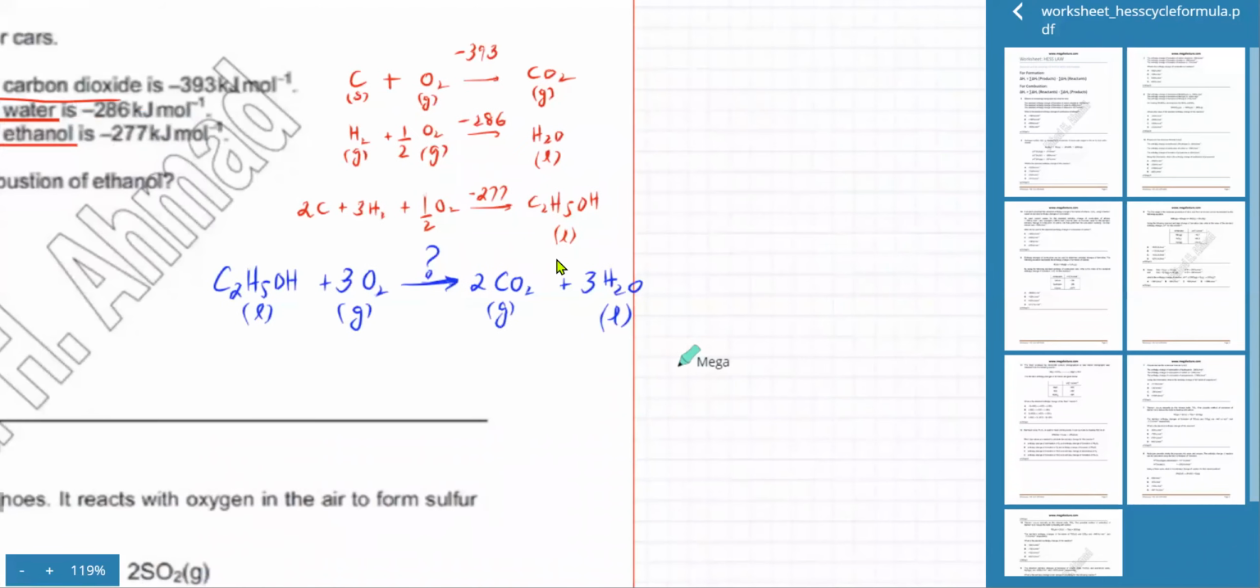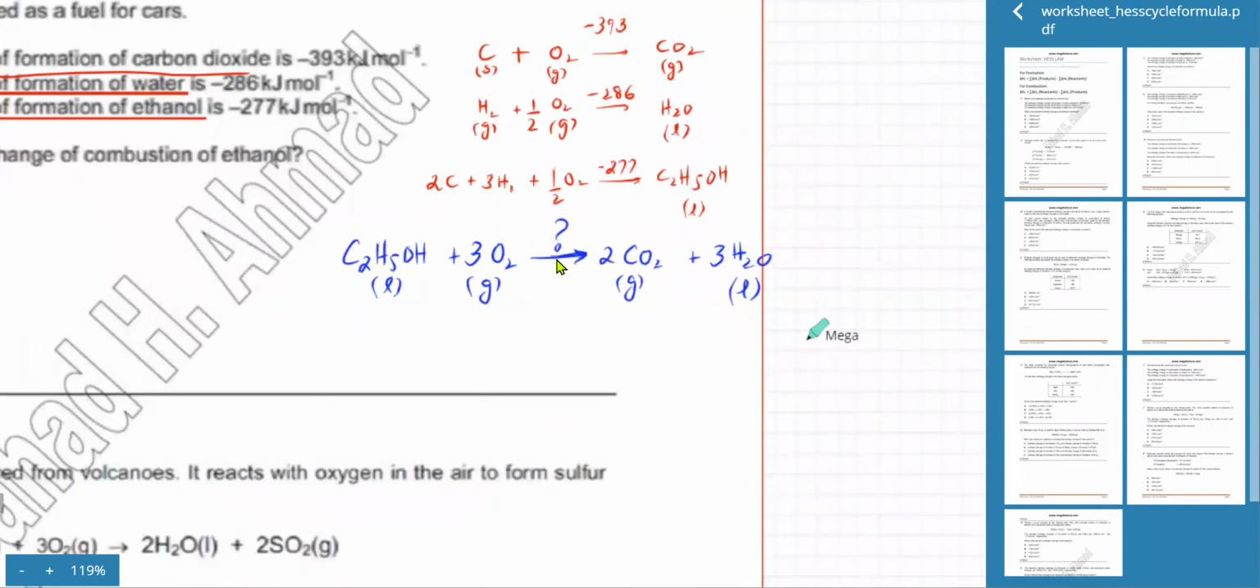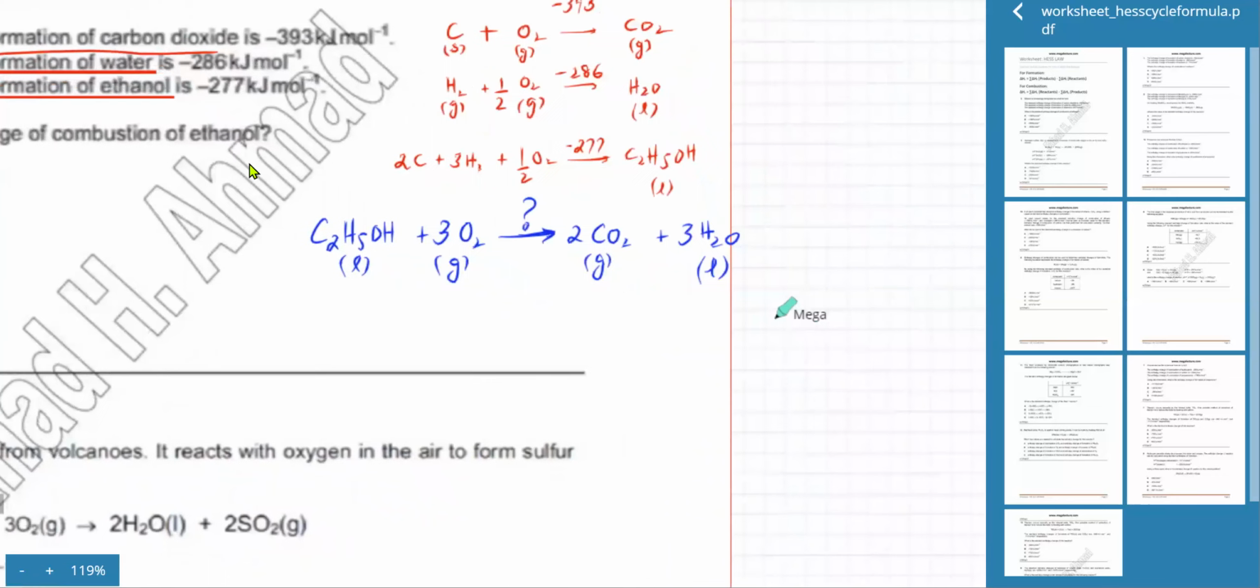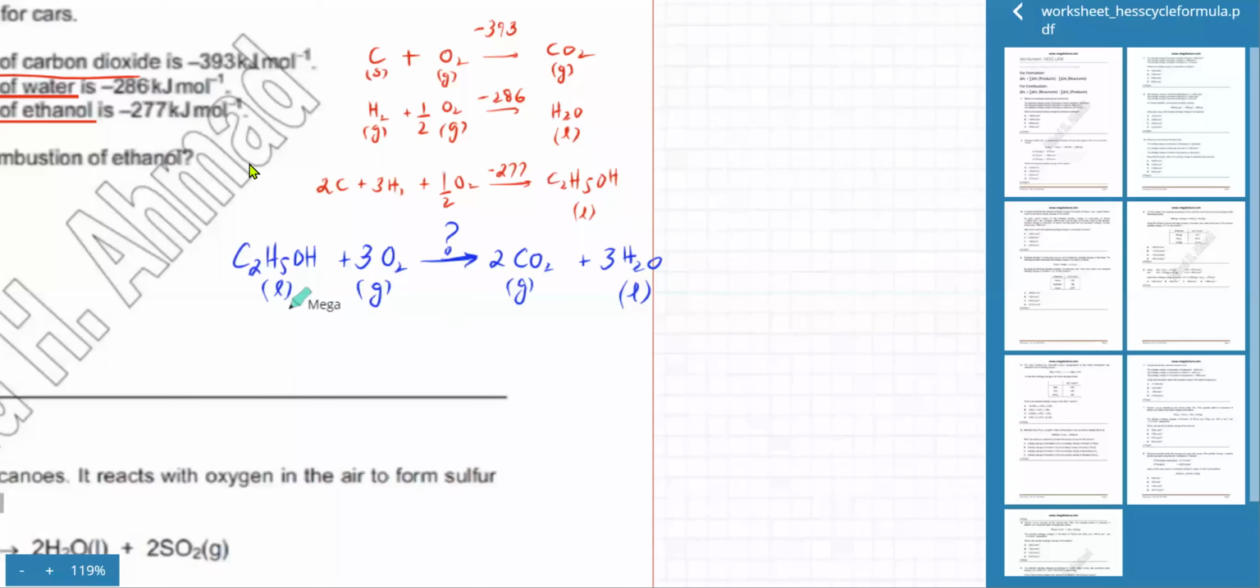Okay, so I need to find out the enthalpy change. This is what he's asking for, the enthalpy change of combustion of ethanol. So I need to create this other path. I'm taking the longer route first, and then we're going to come to the formula. If I'm able to create this other path, I would be able to figure out the enthalpy change of this particular reaction. To do that, there are three equations given above. So if you look over here,